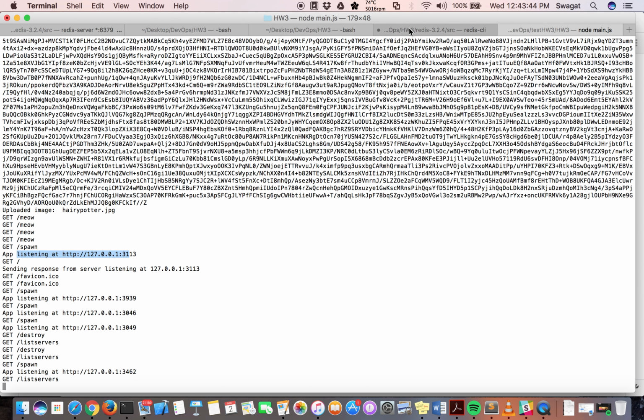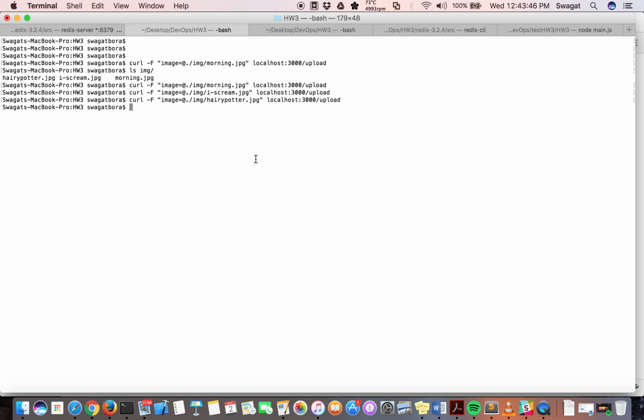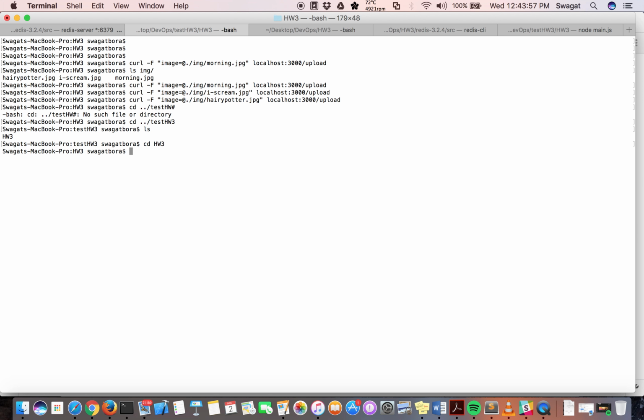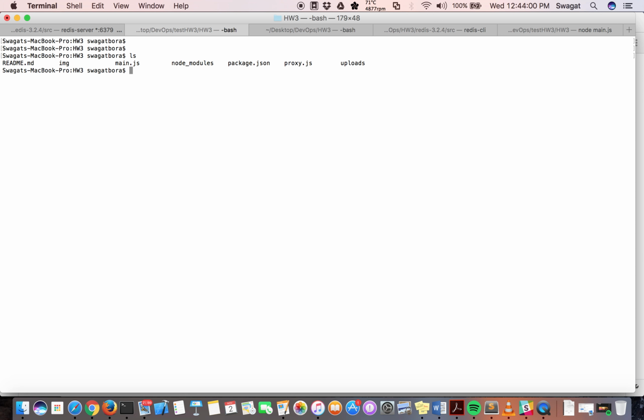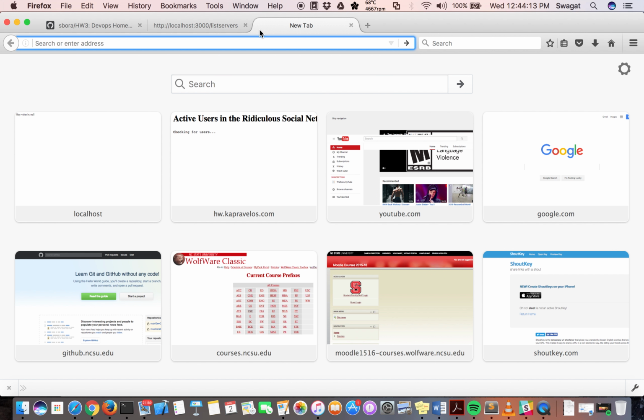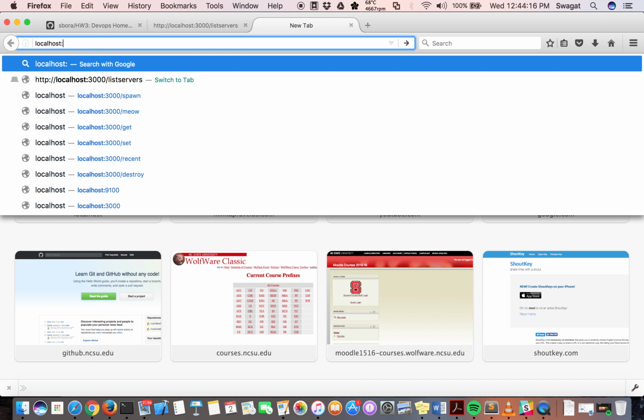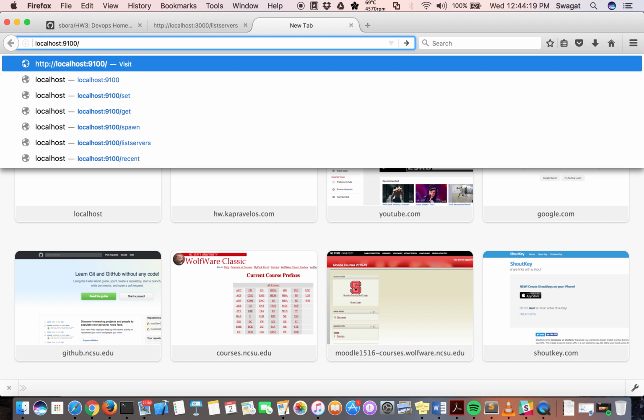Now let me go and show you the proxy implementation. The proxy implementation is done in proxy.js, which we need to run using the node proxy.js command. Okay, so now my node proxy.js is running on port 9100. So when we go to localhost 9100 and do a slash, it selects a server from the list